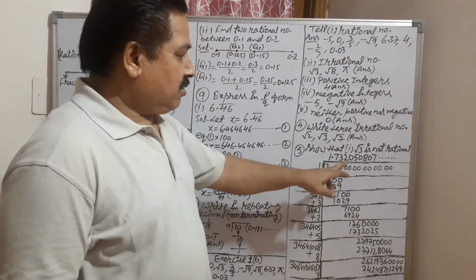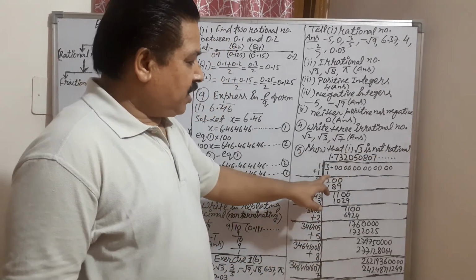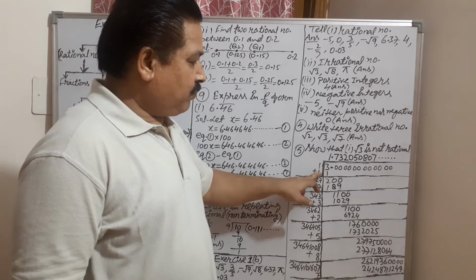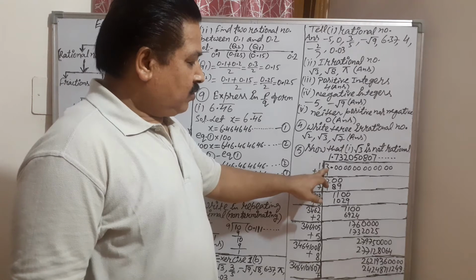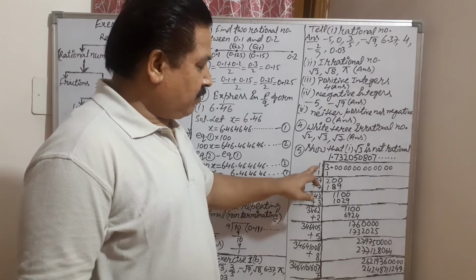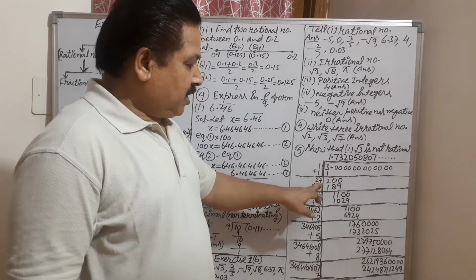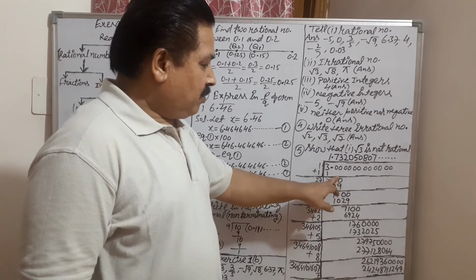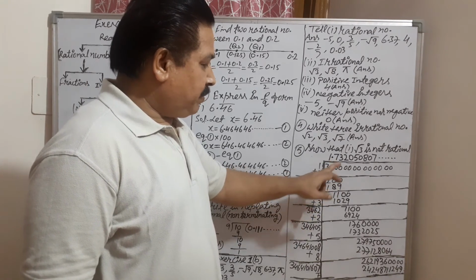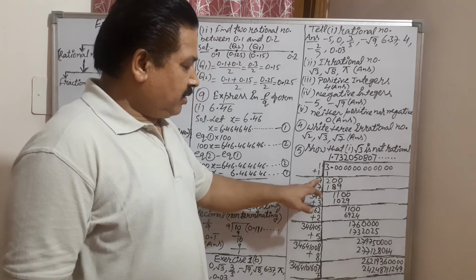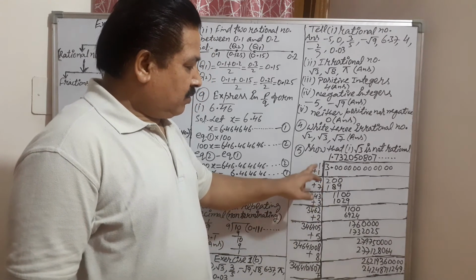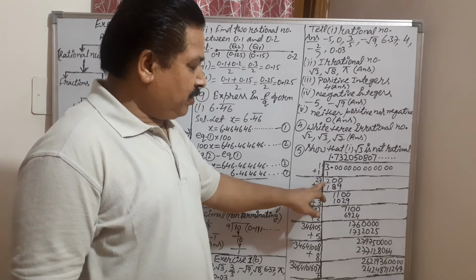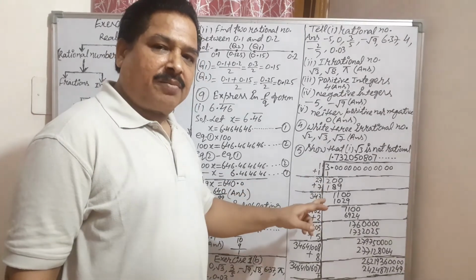So find the square root of 3. Square root of 3: 1 times 1 is 1. If you take 2, 2 times 2 is 4, which will be greater than this. So 3 minus 1 is 2. 1 plus 1 is 2. Now take the pair of 0 here. Before taking this pair, put the decimal point. 20, that's 7. Take 7 here. 1 plus 1 is 2. After that take 7 and multiply by 7. Whatever number you take, that number should be multiplied by itself.